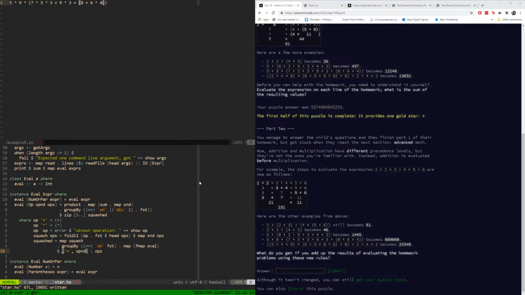So we will need to squash operand first with something, and we'll get just operand. Then, so in the end, the first operand should be squashed with the second, because